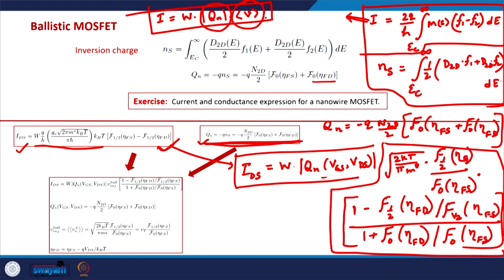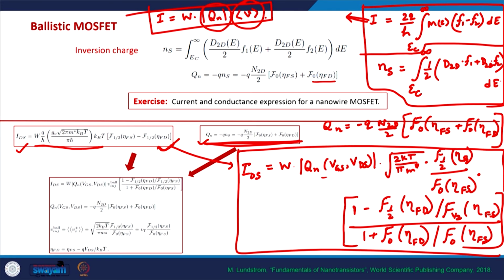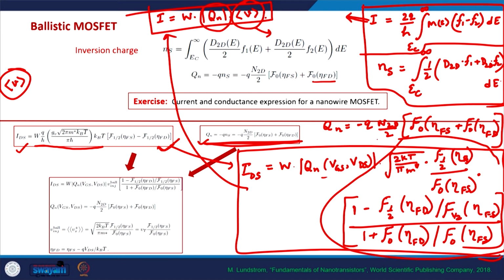So, this entire factor after Qn can be considered to be the average velocity, because if we compare this expression to this expression above, the current is this, and the average velocity will be essentially this entire thing here. Okay. So, this is the average velocity right at the top of the barrier in a ballistic MOSFET, and as you can see here,